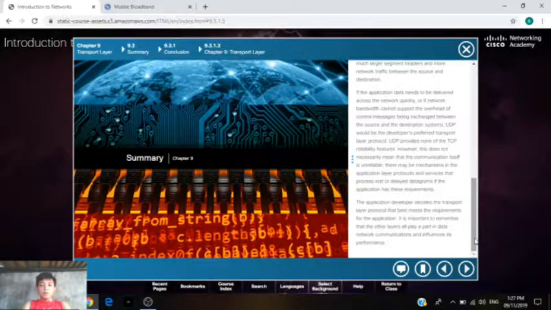It is important to remember that the other layers all play a part in data network communication and influence its performance. So now, guys, that we had a summary for this chapter,